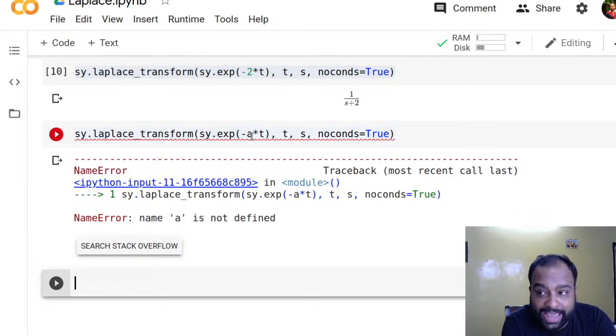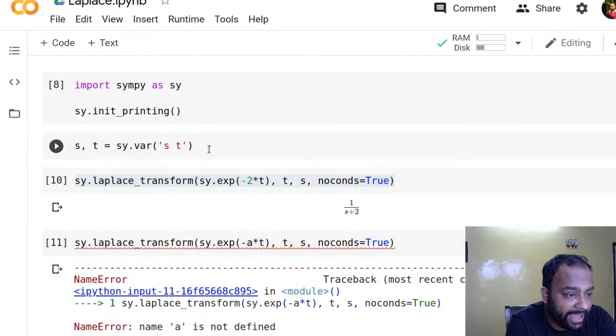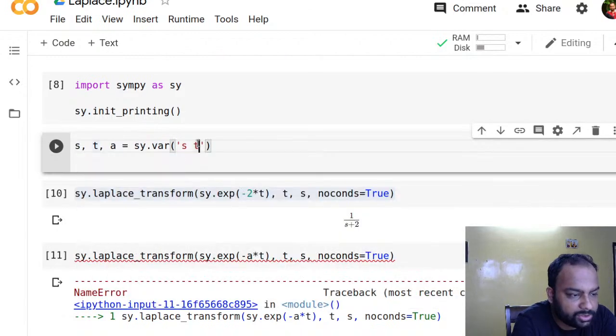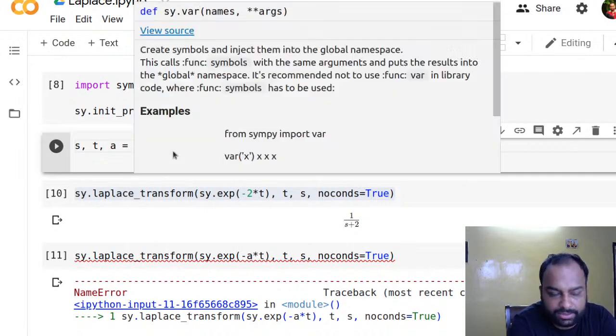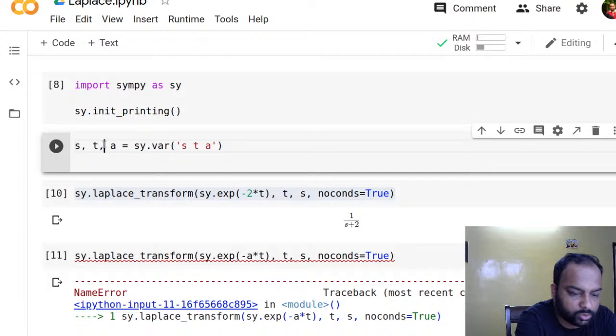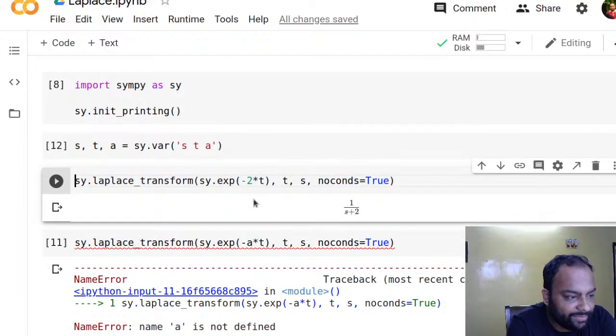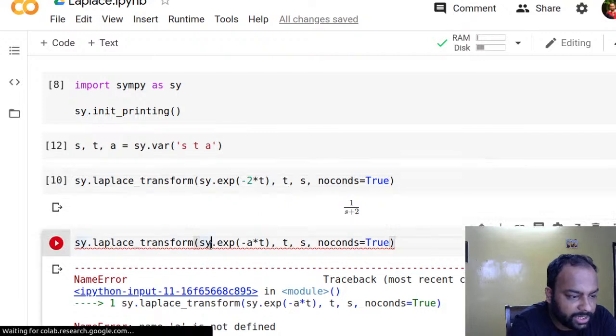I'm treating a as a symbolic variable, so I have to define a alongside this one. I could write it like this, so a would be treated as a symbolic variable. Let's do that, so that way I have a here. Now if I run this once again,